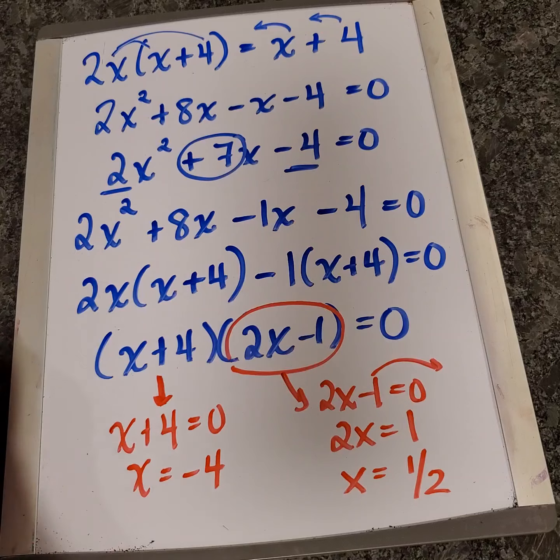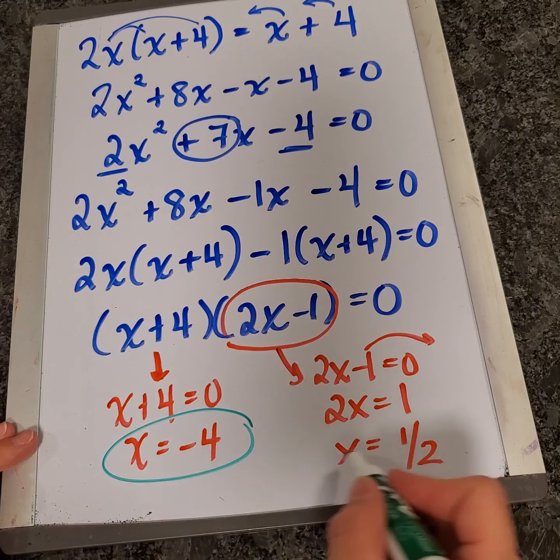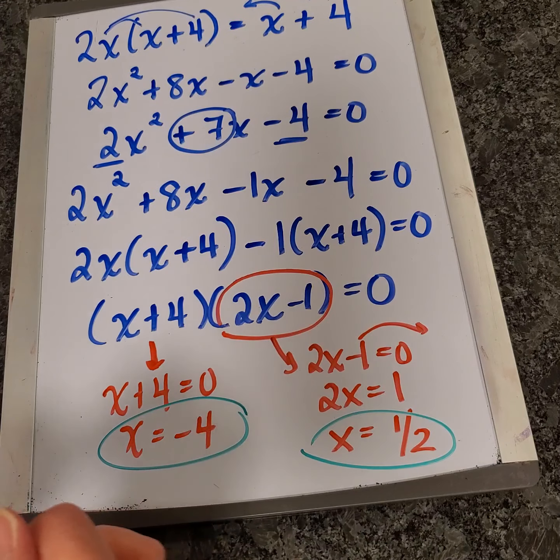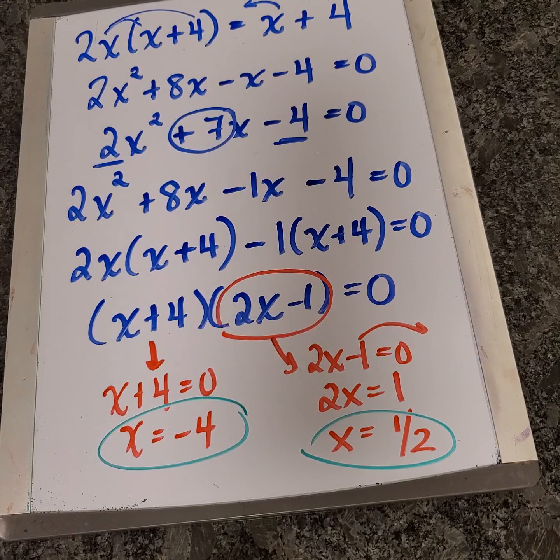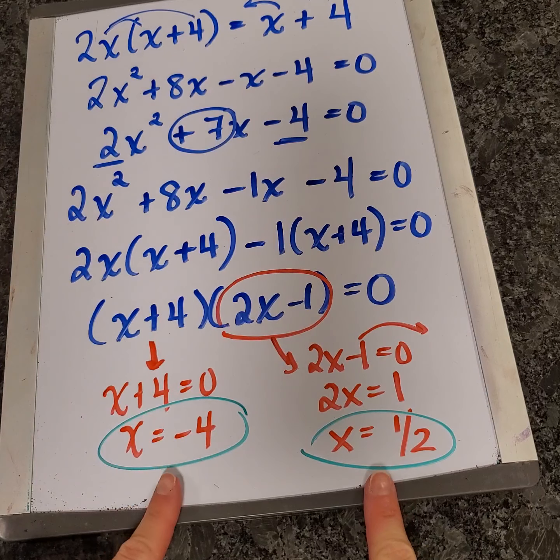And kids are always dying to take these guys, add them up, and divide by 2. But you have to make sure you're doing what the question is telling you to do. We were trying to solve quadratic equations. Solving an equation does not involve finding a maximum or a minimum. If I had wanted that, I would have said, solve for the optimum value, find the max, find the min. That is not my goal in this lesson. In this lesson, my goal is to find the values of x, value or values,